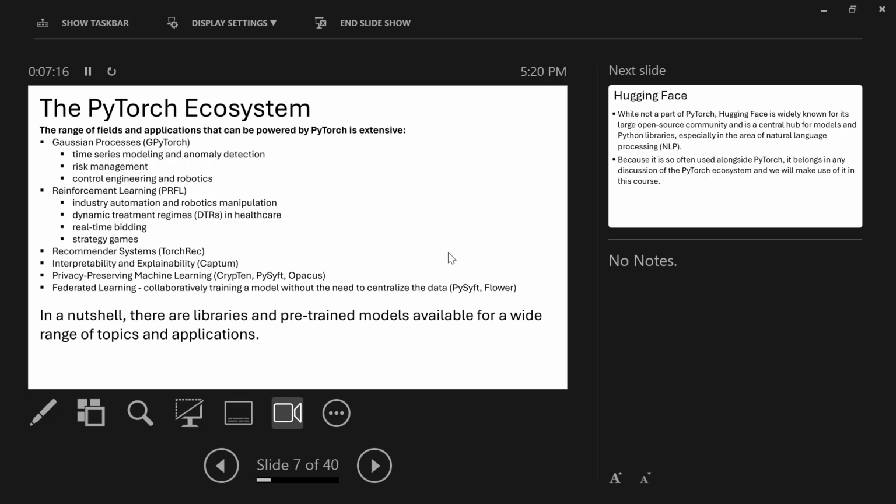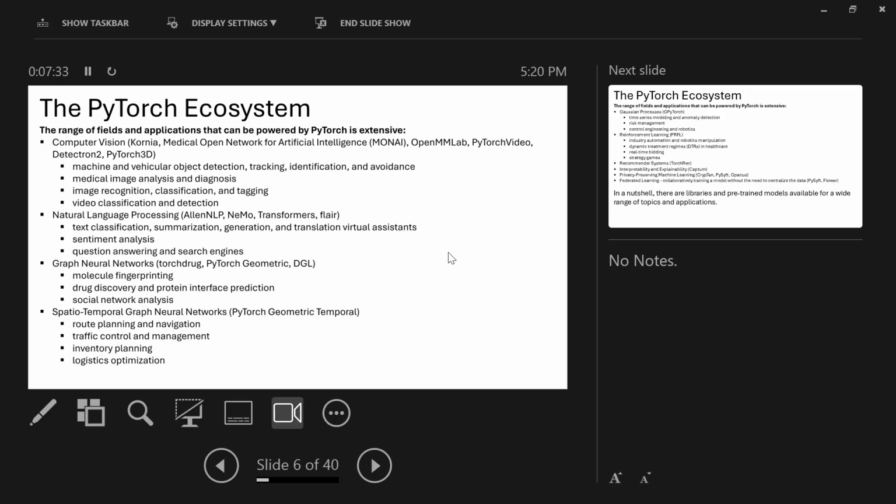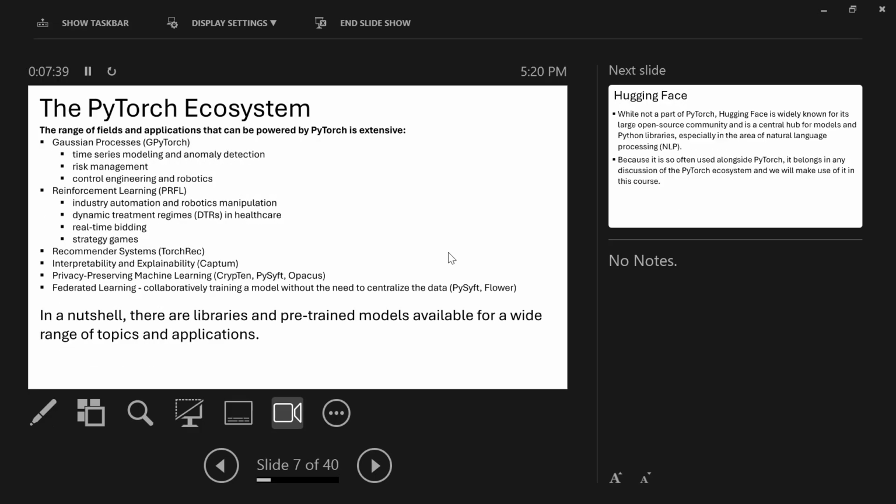But I would encourage you that even though we are not going to be using them for this particular course, you can make it like a challenge for yourself. So maybe like a final year project. You can try to look at all of these things, then how you can apply machine learning or AI into it. So for PyTorch, you have a lot of libraries that you can import, and there are a wide range of applications that is possible within the PyTorch ecosystem.